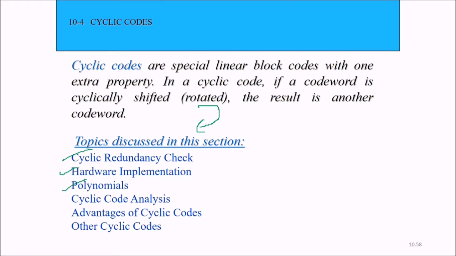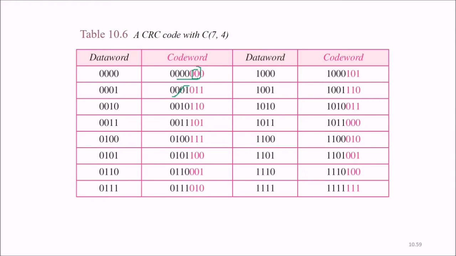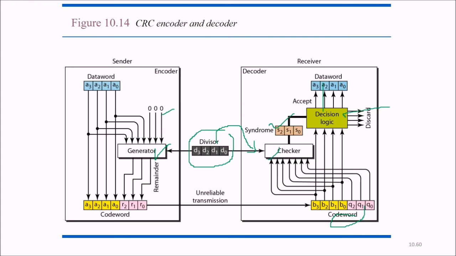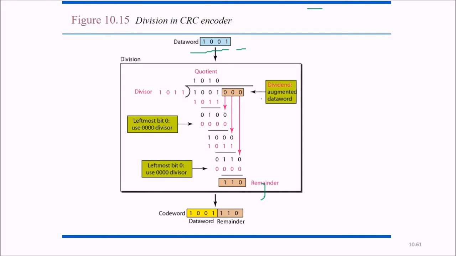that what we are trying to do is cyclic redundancy code. In this, a code word is cyclically shifted. The result is another code word. How? This is the data word and code word. So we are adding 3 zeros to the actual data word. Then we are using the divisor, and after this division, a certain code word is generated. Now this is the code word which has just been generated. Along with this data word, we add this 110 that has come up with simple division by 1011.